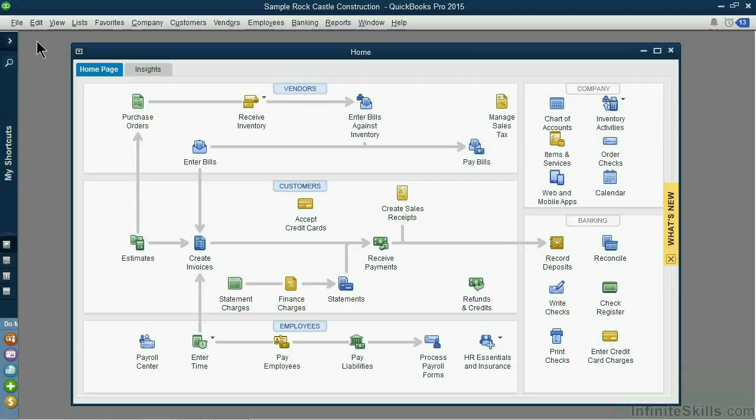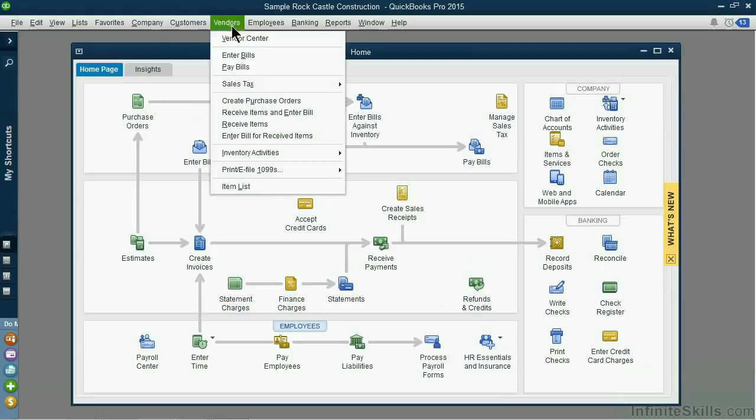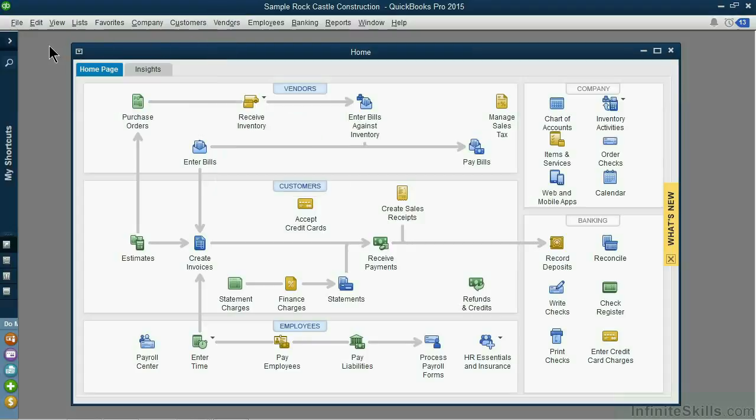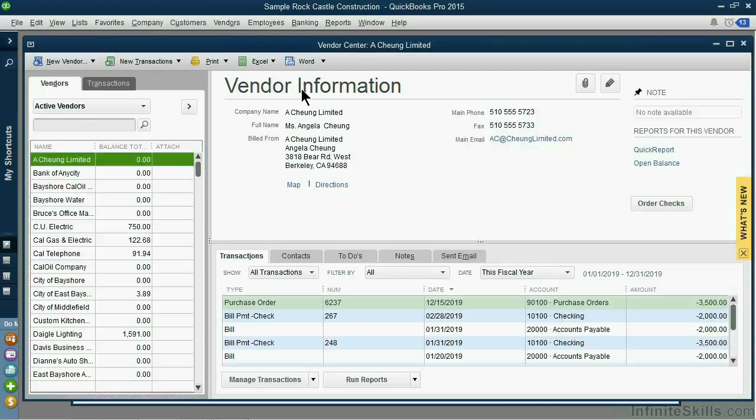And once we get into a QuickBooks company file, the question is, where do we find vendor information? And of course, the answer to that is, well, from a lot of places. Of course, we have a vendors menu at the top, but all the vendors menu is going to do for us in this case is give us the opportunity to display the vendor center. That's a couple of clicks too many if we have the home page open already, because at the very top center of the home page, we see the option for vendors,